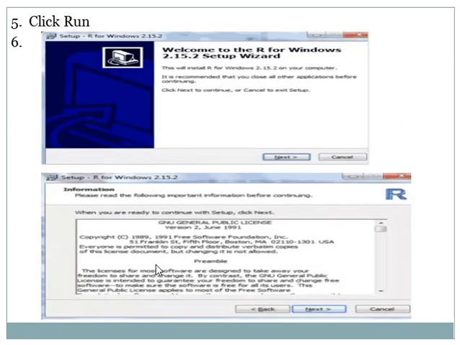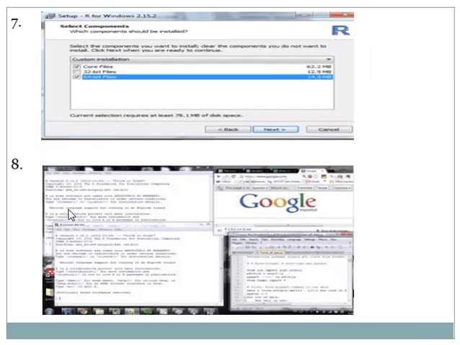Next, click Run and then choose your language. Click next to start the installation and agree to all the terms and conditions. Then select the core files, and select either 32-bit or 64-bit files based on your computer system. Then you have a choice for startup options. You can view the program in multiple windows so that you can also have an internet browser or notepad program open as well. The screen appears as below.